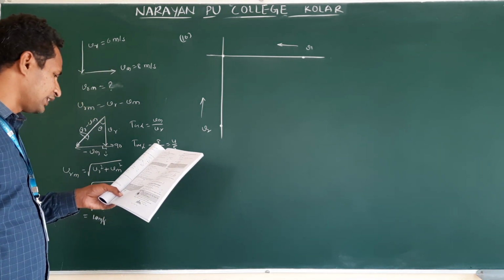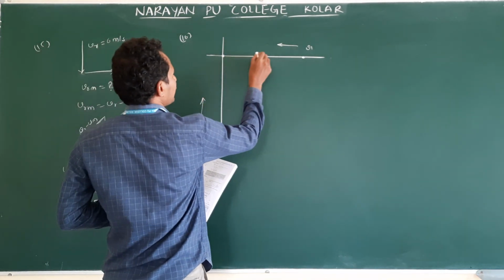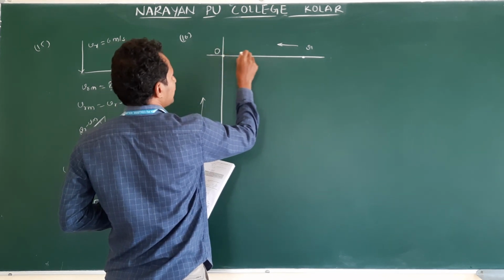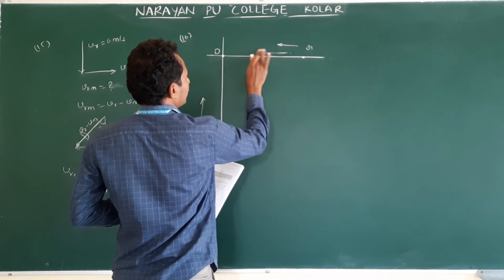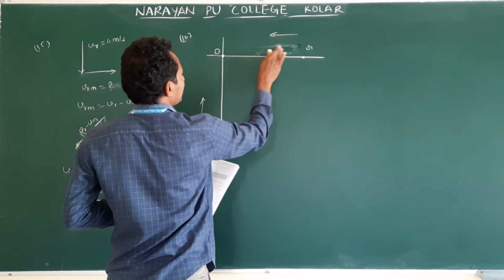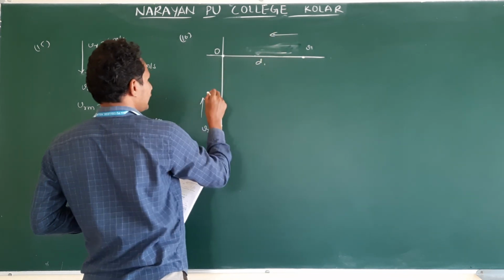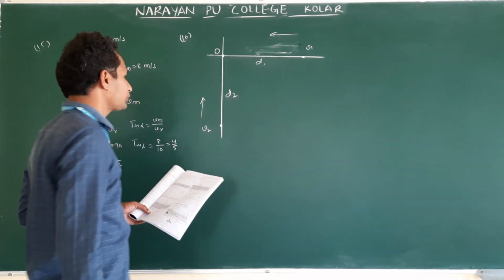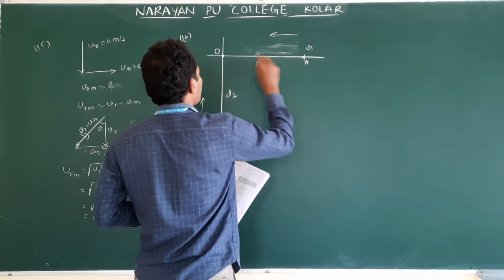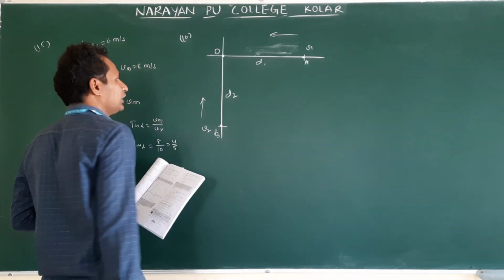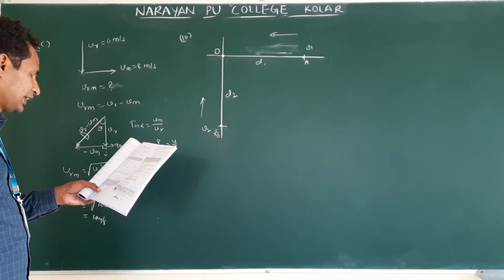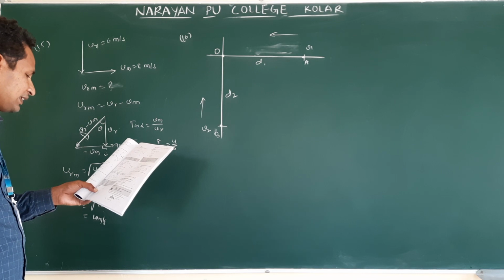So particles are located at d1 and d2, actually the initial distances from the intersection. Let us say this is point O. This distance is d. Let us say this distance is d1, and this distance is d2. From O to, let us say, this point A, O to A is d1. O to B is d2 initially. After how much time is the distance between the particles minimum, and what is the distance?